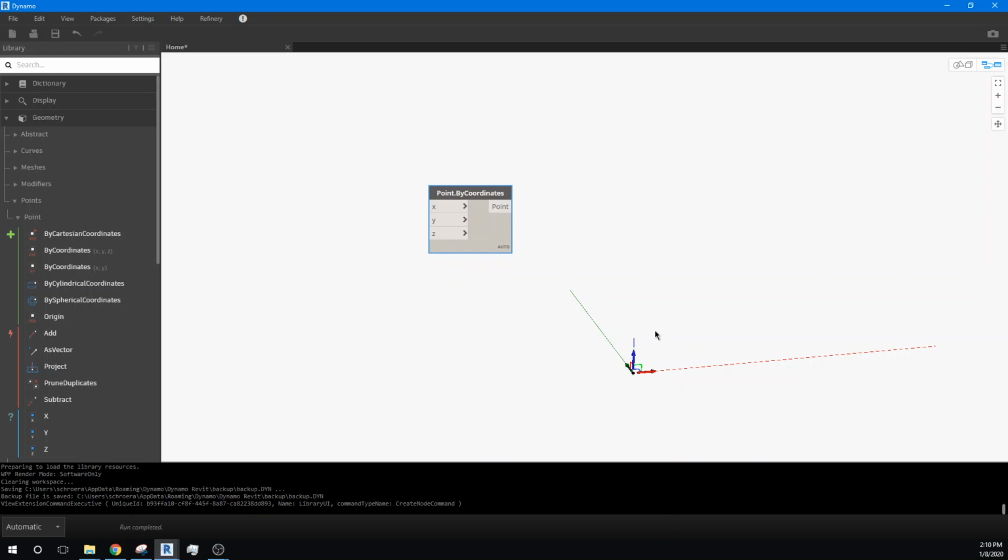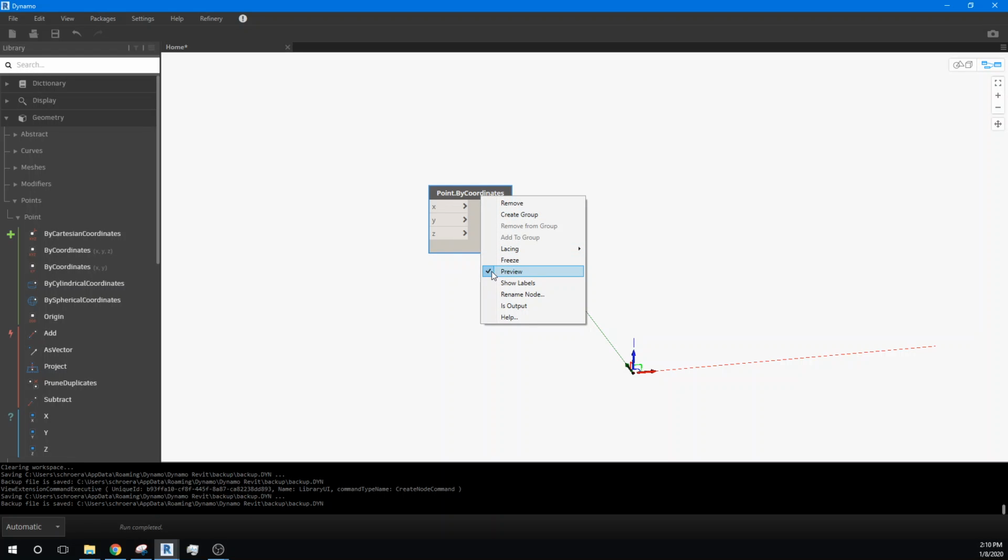If at any time I want the object that I put on the desktop to disappear, I can hide it by right-clicking and turning the preview off, and it will disappear, and the box will turn this gray color. We're going to leave this visible for now. And we're going to look at the first idea to being able to move that point coordinate by changing one